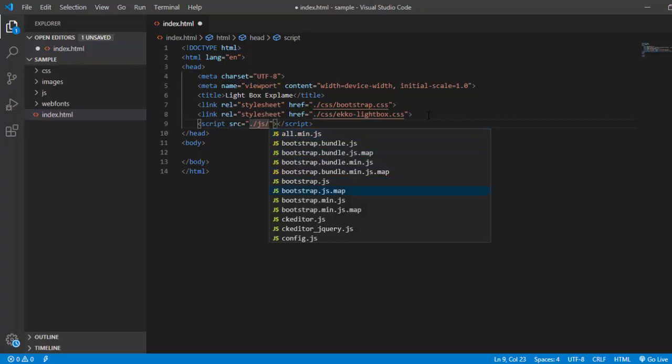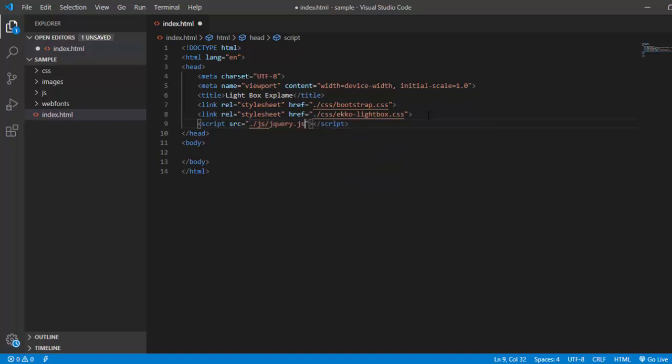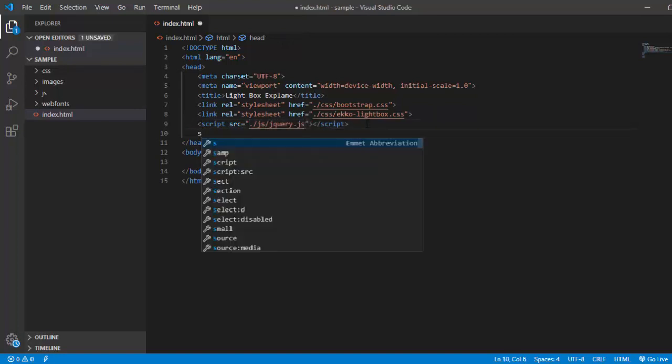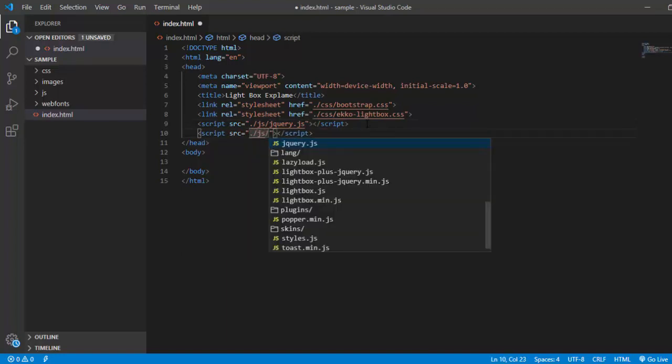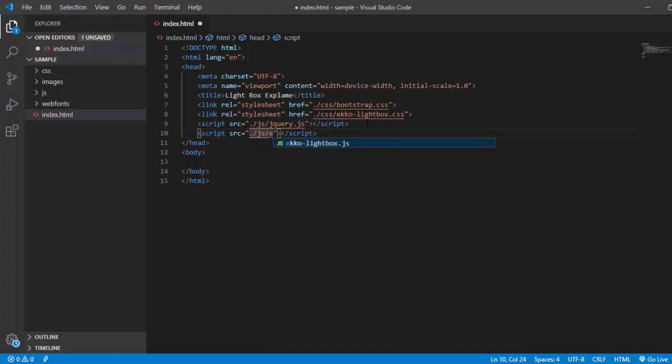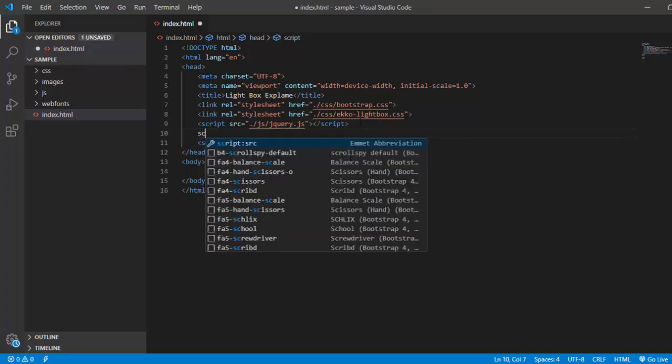You need to first take your jQuery. After jQuery you need to have your Lightbox. So here you go with the Lightbox jQuery, and if you want Bootstrap then you can have it.